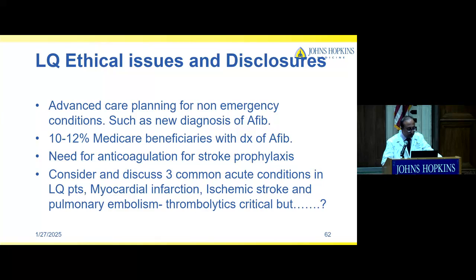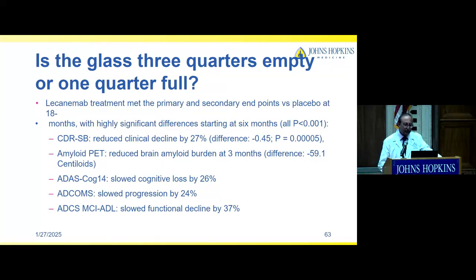So really, is the glass 3/4 empty or 1/4 full? This is the question I have. With all of this, 18 months of treatment, as I said, there's a modest benefit of this drug. As you can see, it delays cognitive decline, reducing clinical decline by 27%. It does clear the amyloid, and it does it beautifully, right? As I usually say, it cleans the amyloid as if a vacuum cleaner would suck up the dust. ADAS-Cog slowed by 26%, ADCOMS 24%,